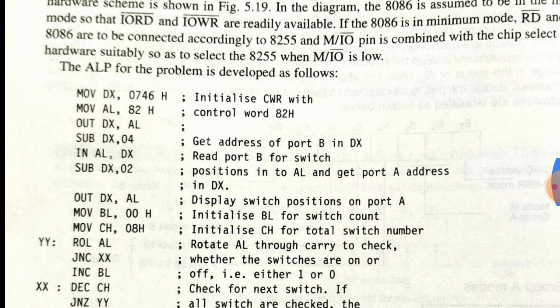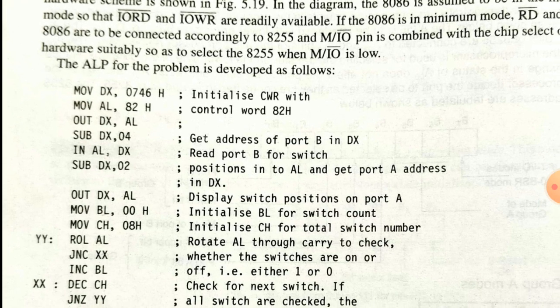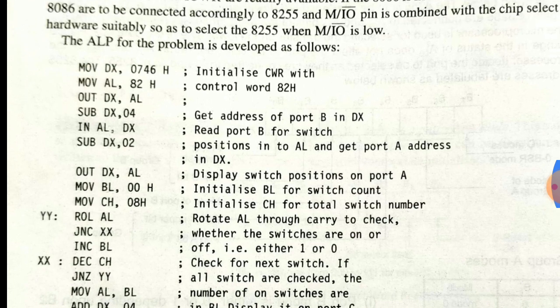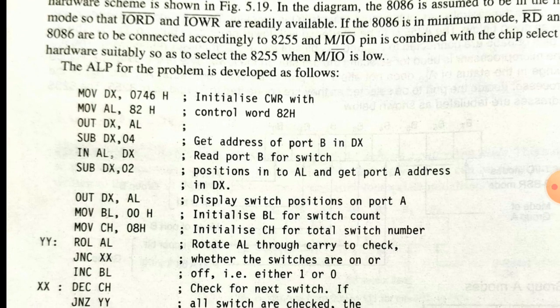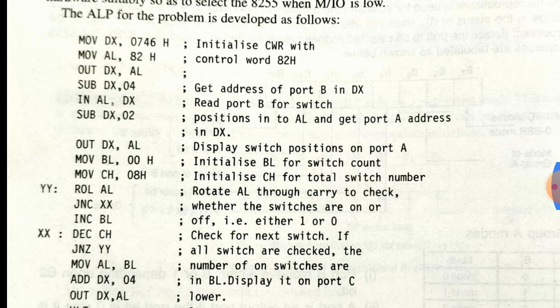What is the task? The first task: port A is containing all the LEDs. Port B is containing the 8 switches. What we have to do is sense the 8 switches information, and that sensed pattern is going to be displayed on where?